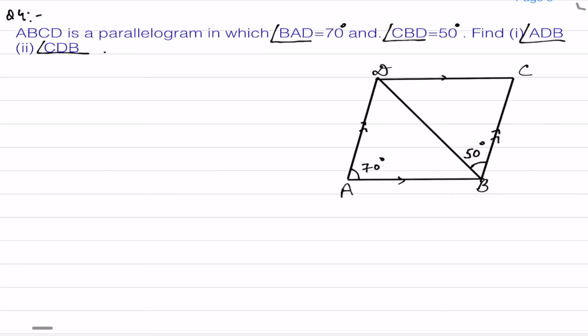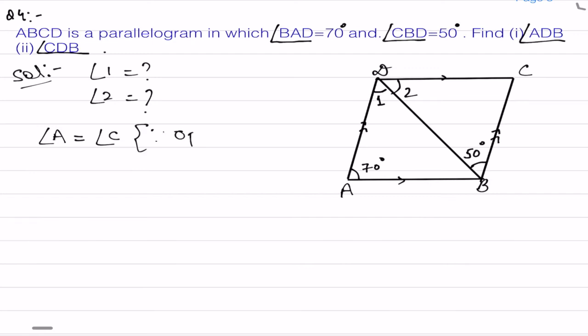So angle ADB is this angle. Let's suppose this is angle 1, and angle CDB is angle 2. That means we have to find out the value of angle 1 and angle 2. Okay, so first what we will see, we know ABCD is a parallelogram and opposite angles of the parallelogram are